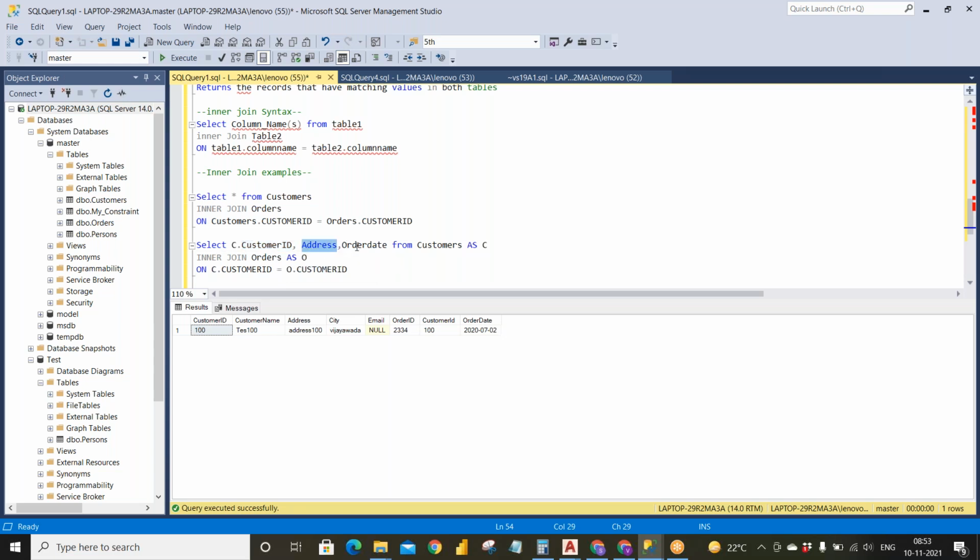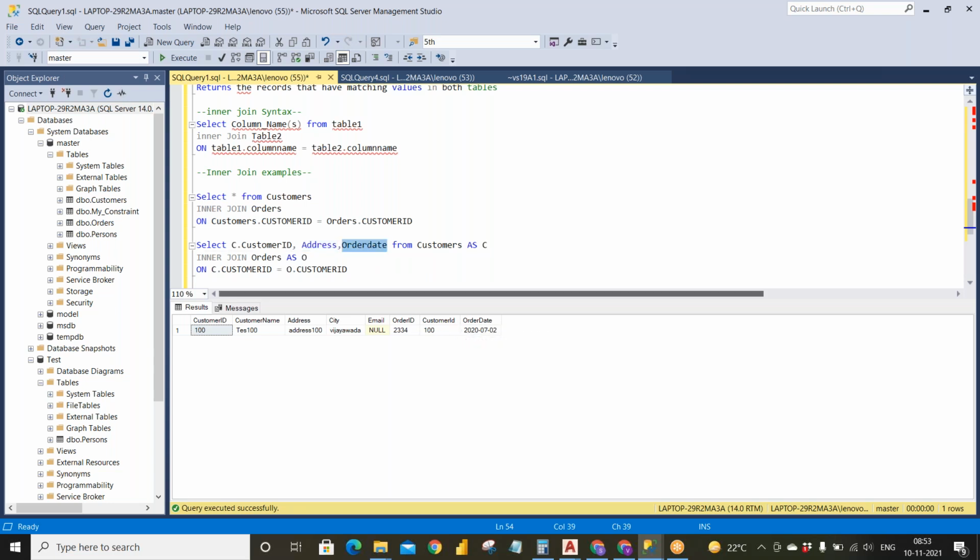But address data and order date, these two are present only once in both the tables. If you take the address column, it is only present in the customers table. Even if you are not giving the alias name over here, it will directly take from the customers table, as this address is not present in the orders table.